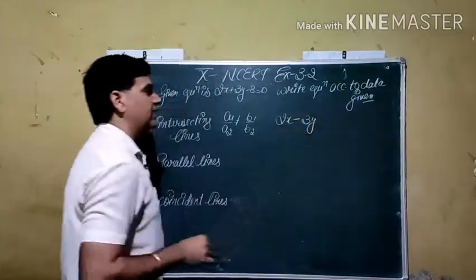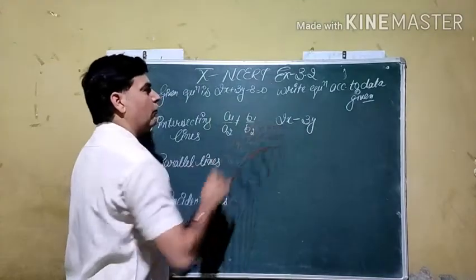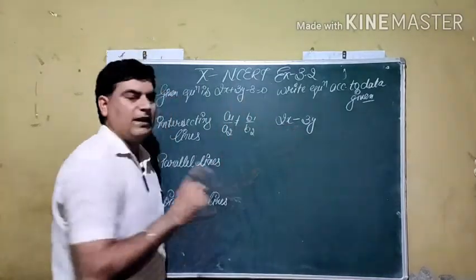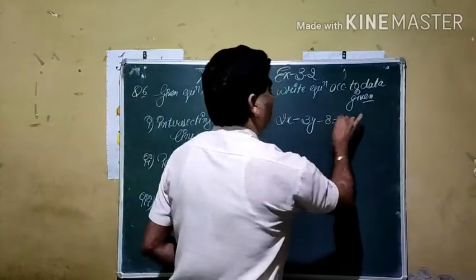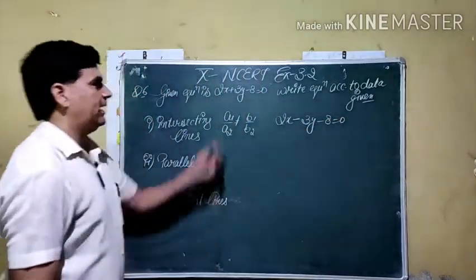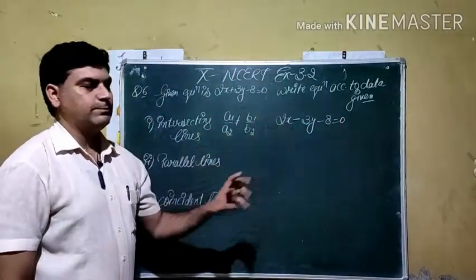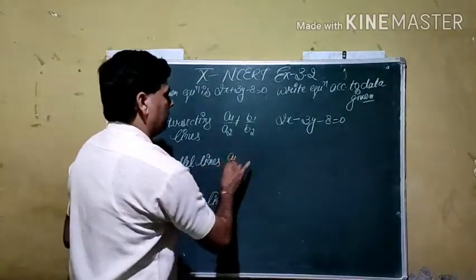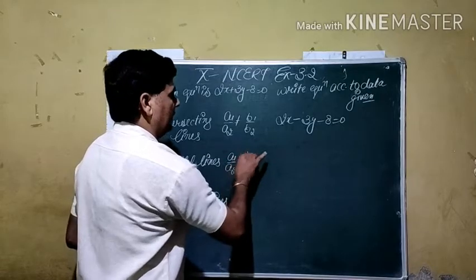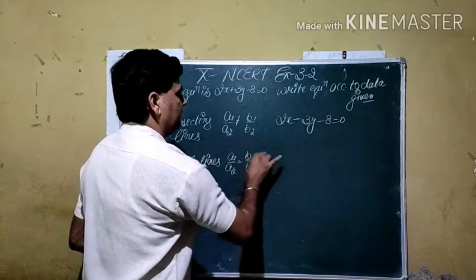If we change the sign, now the ratios become 2/2 = 1 and 3 by -3 = -1. Now the ratios are not equal. So there are two methods to write this down: first by adjusting the symbol, otherwise by changing the values like this. Parallel lines means the first two ratios are equal and the third one is different from it.